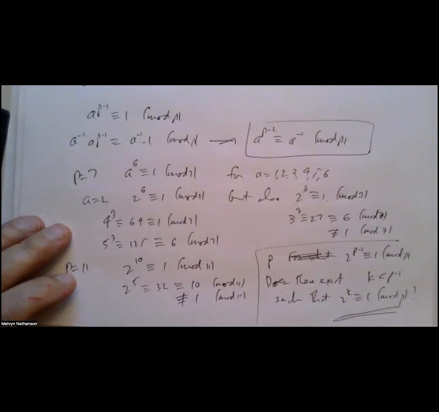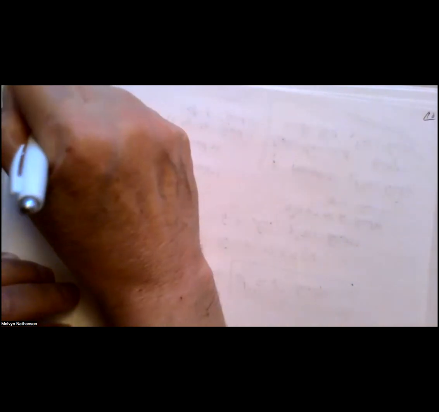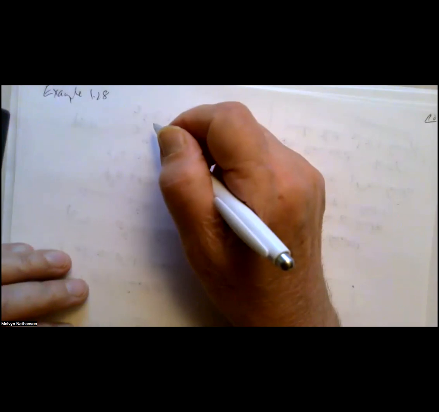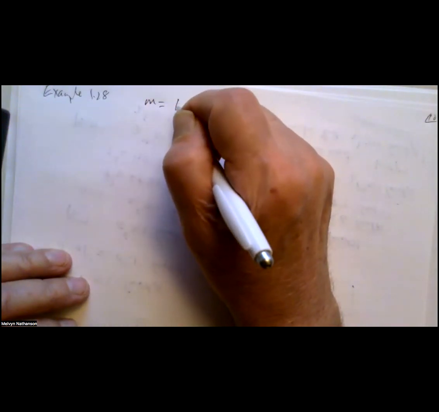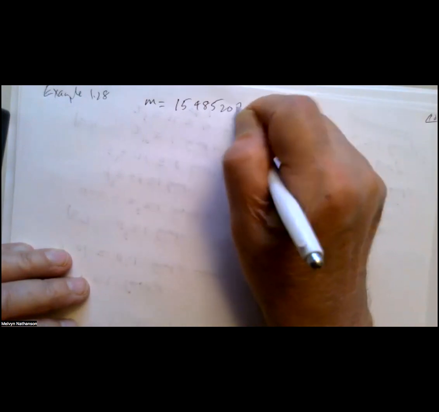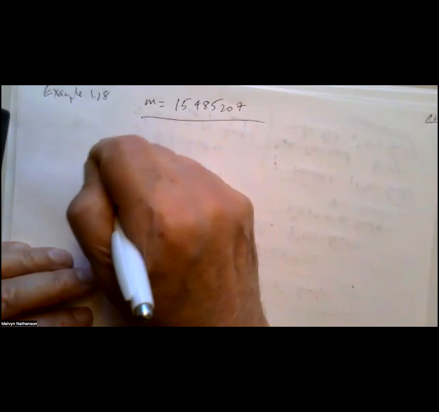Okay. Let's see. This is page 9. So here's just an interesting example that you find in the text. This is example 1.28 on page 32. Take a number m, which is 15,485,207. And if you compute 2 to the power m minus 1,